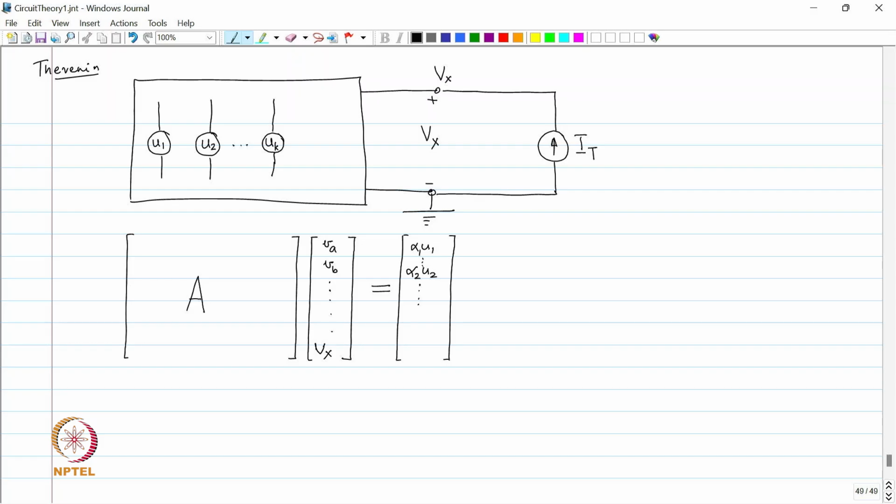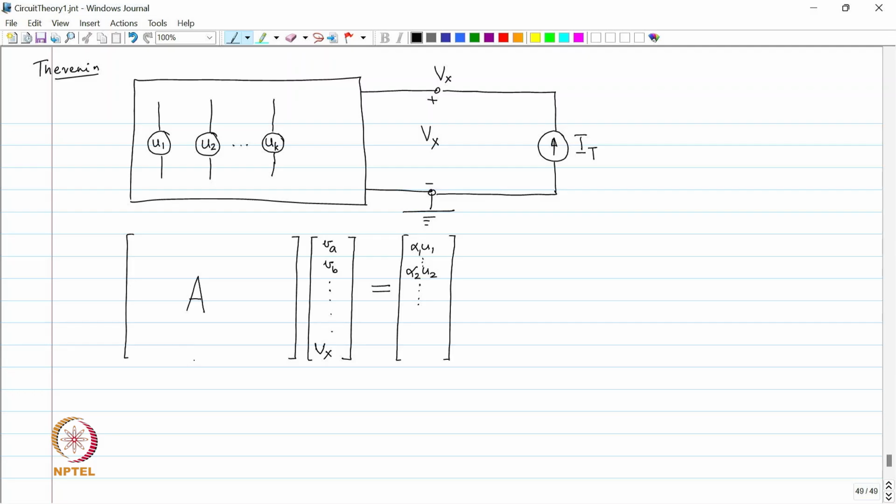And there could also be some zeros in between. In fact, remember while doing the node voltage method, those KCLs which did not have any source involved, on the right hand side you would get zeros, nice clean zeros. So, you will have zeros, and then all these U 1, U 2 all the way till U k, all of them will come